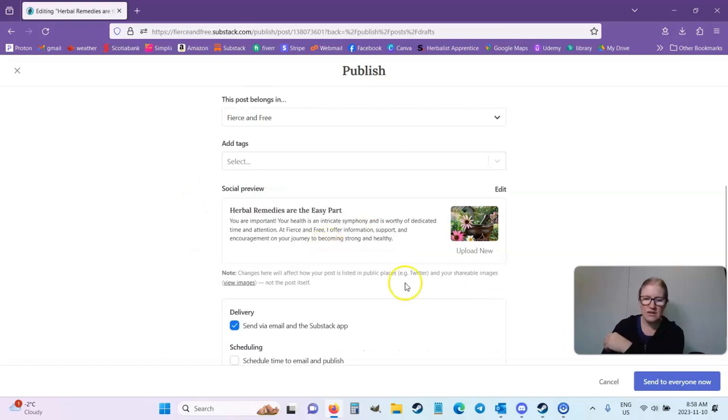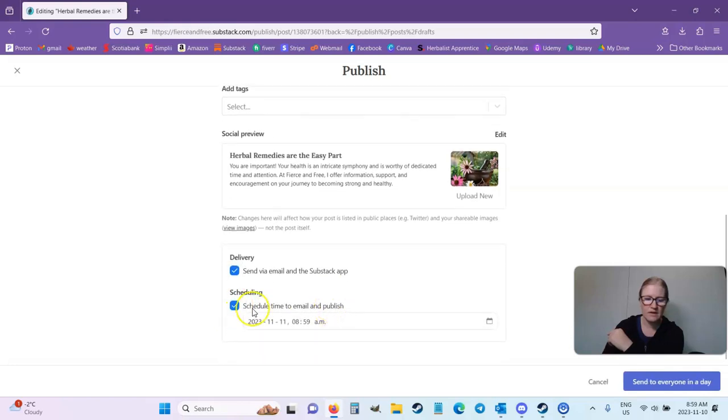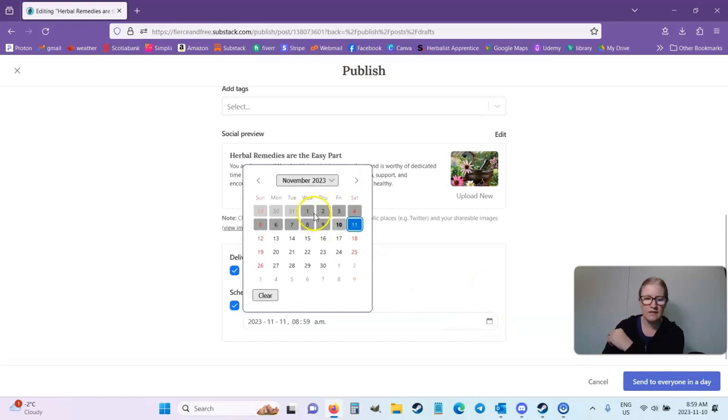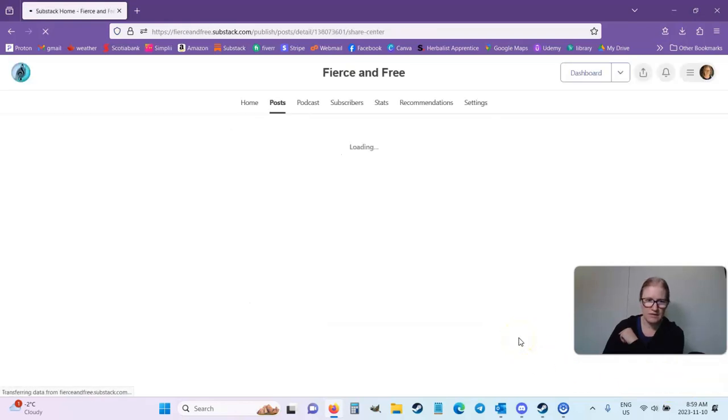Again, it has the social media, it does not have the SEO, and this is where you can uncheck this button. It will publish to your site and not send it out. And this is where you can schedule it. So you simply schedule and then click on the calendar, choose the date, and choose the time. I like my post to go out at 8 o'clock on Monday morning. And then you just click this button at the bottom, send to everyone in 3 days, and Substack will generate